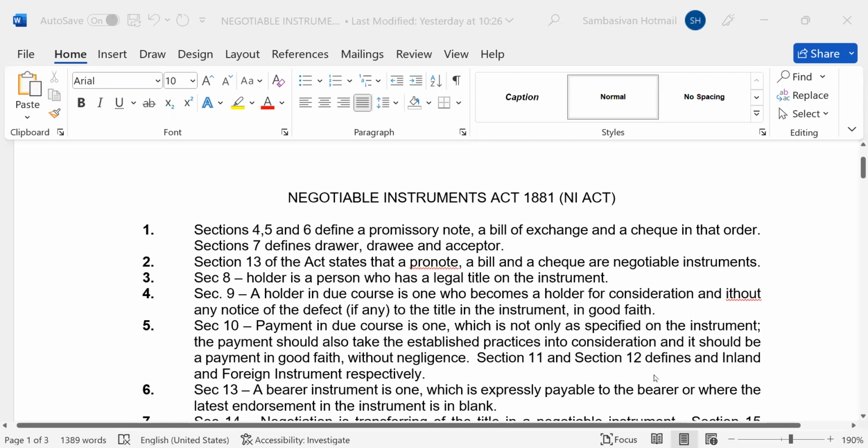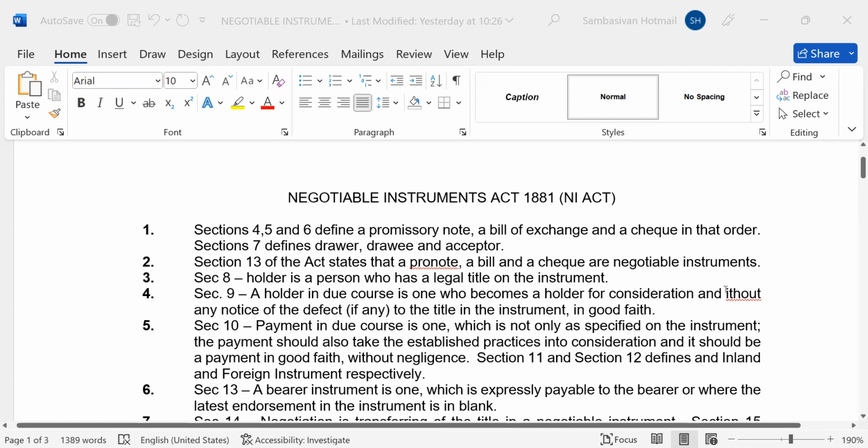Negotiable Instruments Act 1881, Section 4, 5, and 6 define a promissory note, a bill of exchange, and a check in that order. Section 7 defines drawer, drawee, and acceptor. Section 13 of the Act states that a pronote, a bill, and a check are negotiable instruments. Section 8, holder is a person who has a legal title on the instrument. Section 9, a holder in due course is one who becomes a holder for consideration and